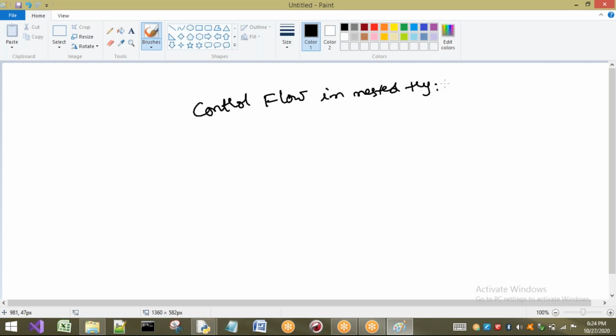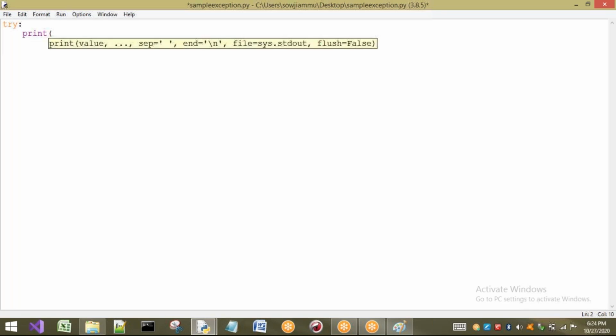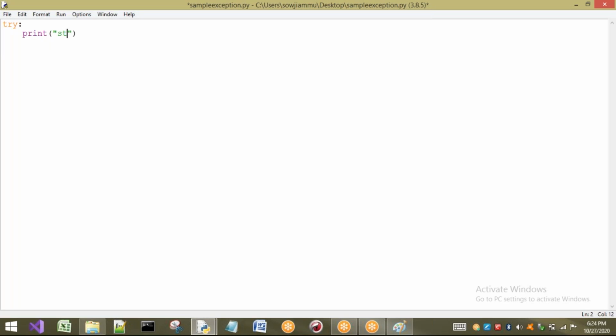Just I will take one example. In that I will take some statement 1, statement 2, and so on. Right. First, an outer try I am going to write. In this outer try I am going to take two statements, statement 1 and statement 2.